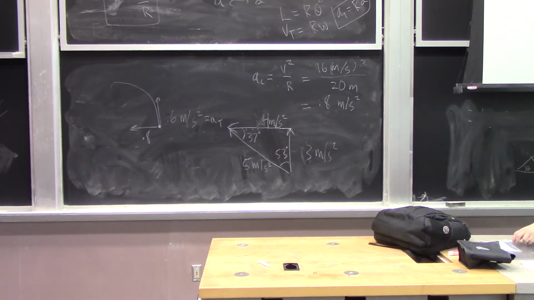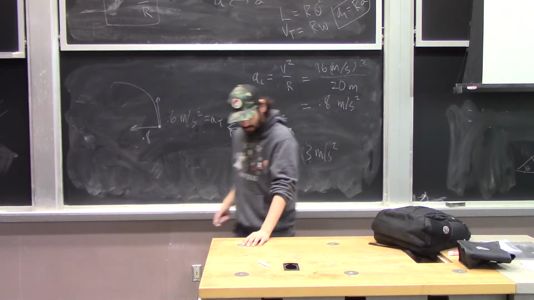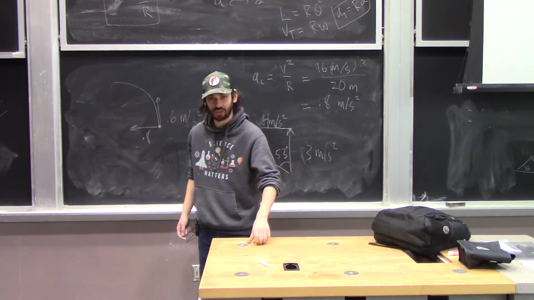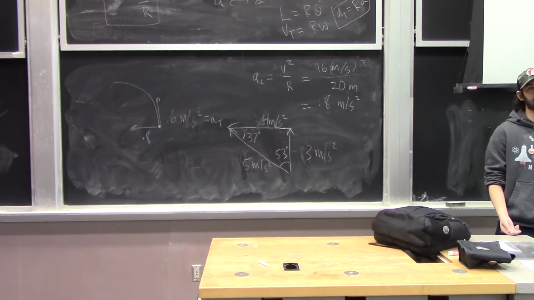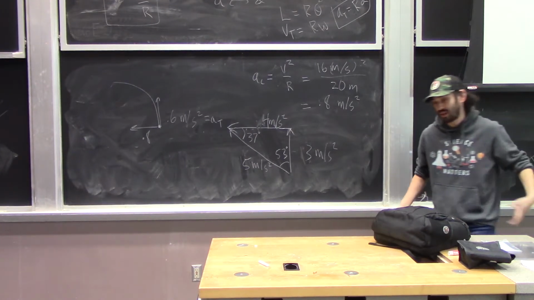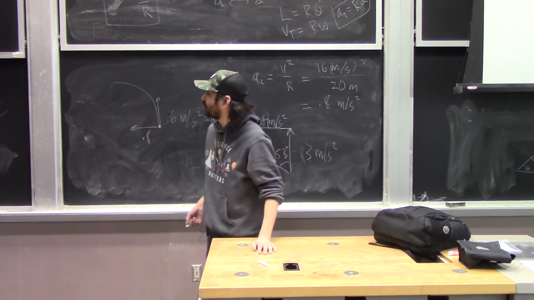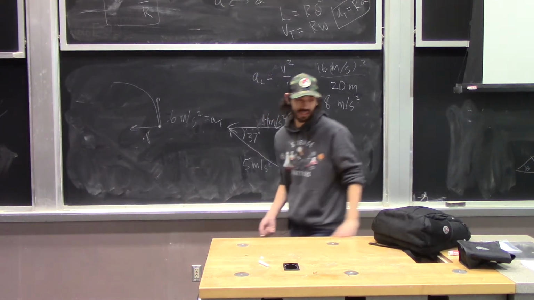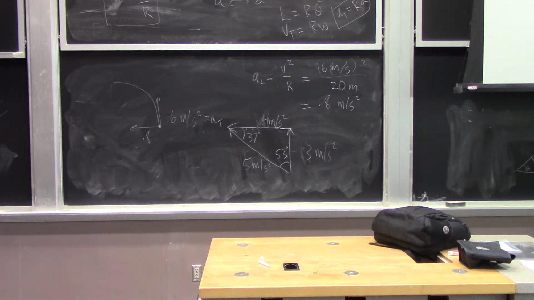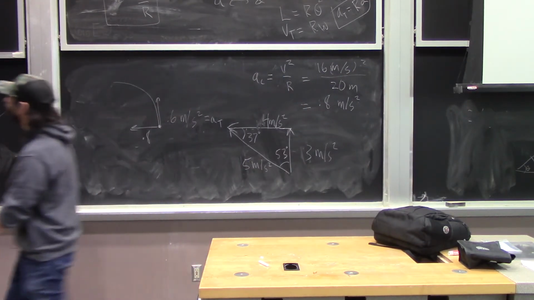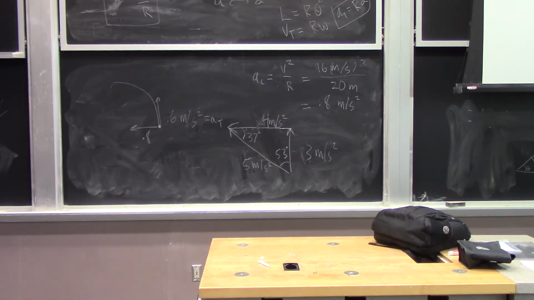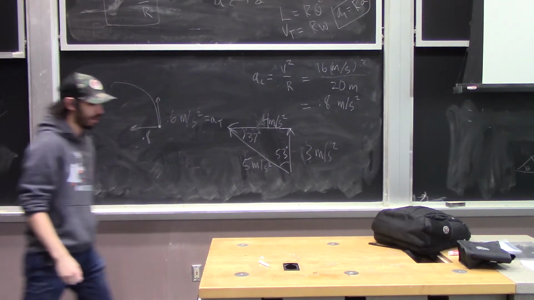Okay, so let's look at this one. This one's kind of important because there's a little bit of a misconception that people have, and it has to do with which velocity we're looking at. This one says very explicitly that we're talking about the angular velocity, not the tangential velocity. If we think about this in terms of the tangential velocity, obviously the bug on the outside has to go around faster than the bug on the inside if they're on the same radial length from the center, and they maintain that. So we can say that the tangential velocity is going to be larger for the outer bug,